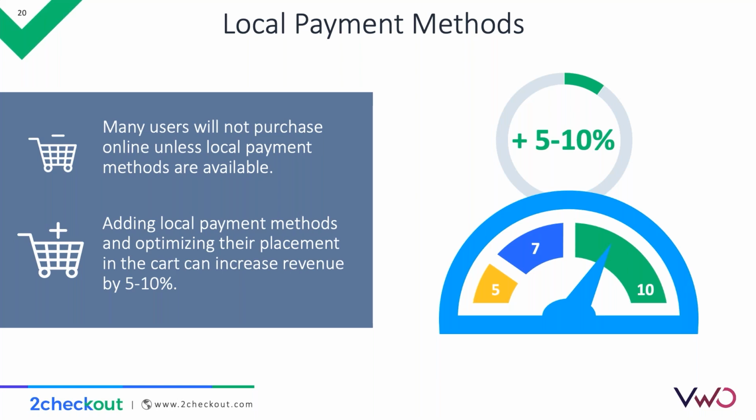Another factor that plays to the advantage of local payment methods is, of course, authorization rates. From our data, we've noticed that local payment methods generally have around 15% higher authorization rates. And this, of course, translates to even more revenue for you. That's why we think this is a big increase opportunity. By adding a few local payment methods to your checkout page, you will benefit from 5 to 10% global increases in revenue. Especially if you're selling in some of the key markets we'll be talking about now.